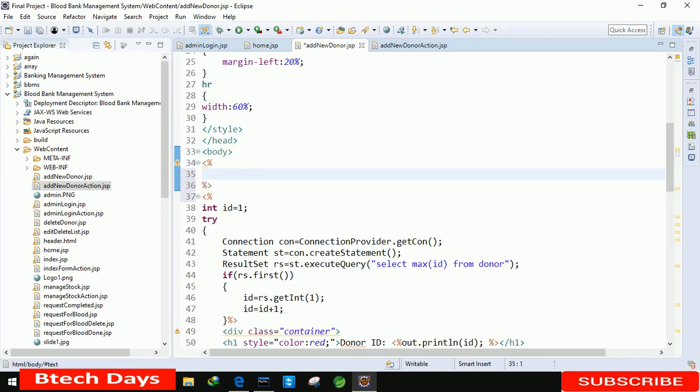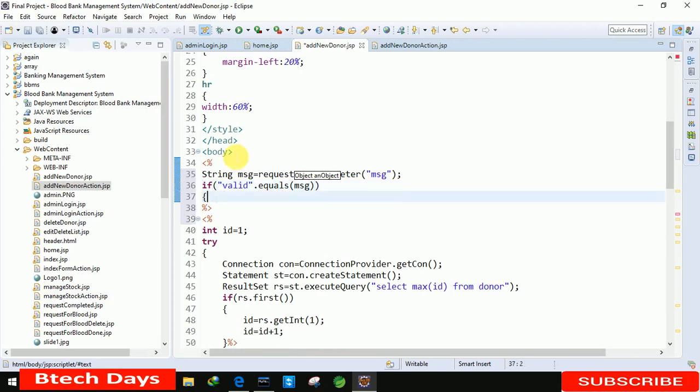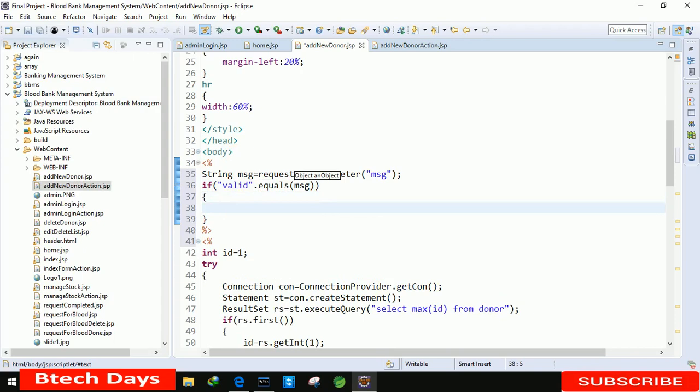Okay, string, we are taking msg message variable, request dot get parameter, and in this msg. Okay, after that, if valid, double quotes, if the message is valid, so we just need to display that data inserted. Okay, so message here. After that, we just need to delete this.